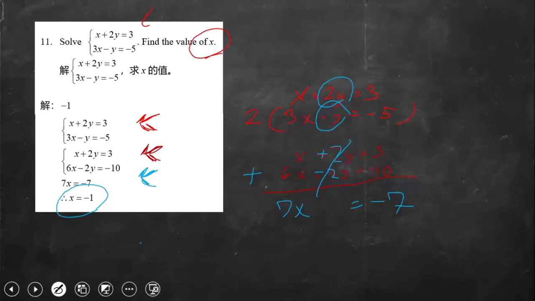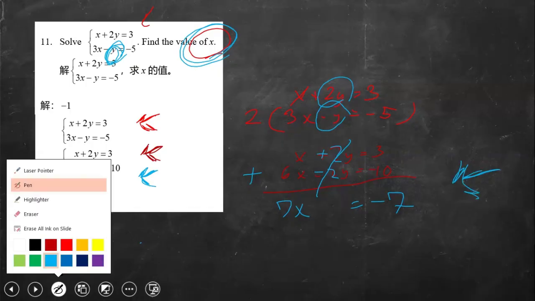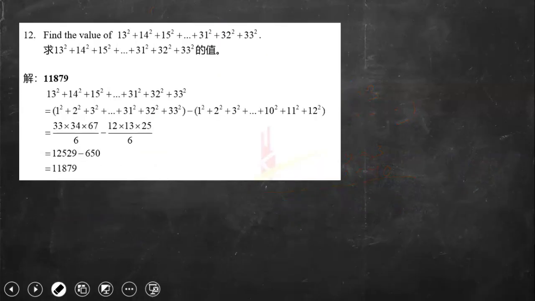This is a good way to answer systems of equations. Just from the start, eliminate the other term that you don't need. Just solve for x, like we did here. It's fast. It's a fast way. So next,